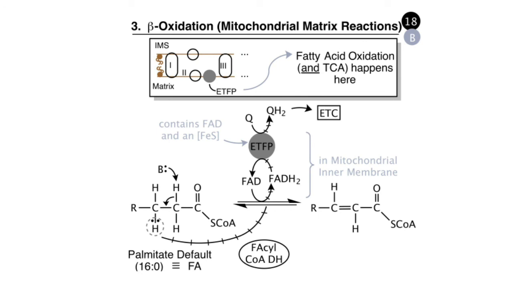This panel shows an inset with the mitochondrial inner membrane, the electron transfer complex, and ETFP, the electron transferring flavoprotein, which is going to be the entry point of electrons from the initial step of oxidation of the fatty acyl CoA into the electron transport chain. We also see in this panel the fatty acid palmitate, the C16 straight chain carboxylic acid. The hydrogen beta to the coenzyme A ester is relatively acidic. Therefore, this hydrogen will be taken off to form an alkene, and the hydride will be transferred from the beta carbon, the